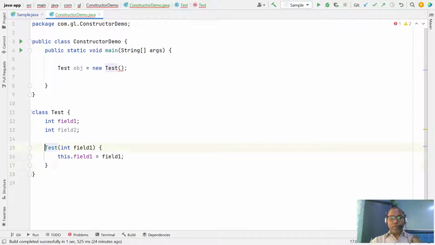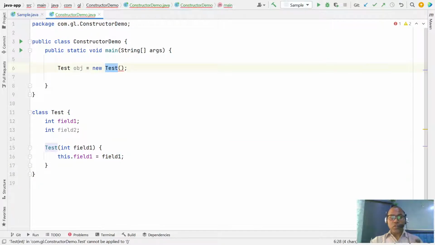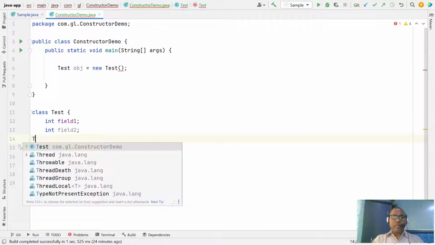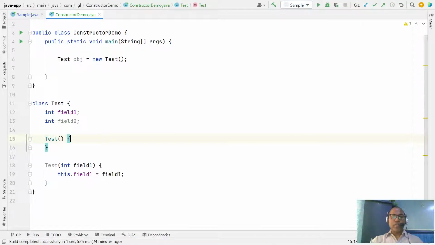Whenever as a developer you define one constructor inside your class, after that the compiler is not going to create a default constructor for you. So this is a developer responsibility. We have to define the default constructor as well. So this is your default constructor.